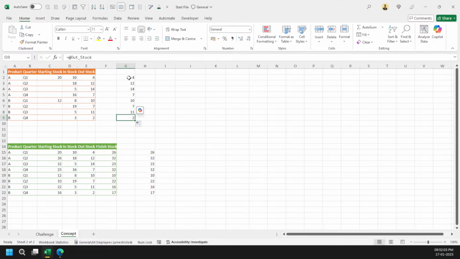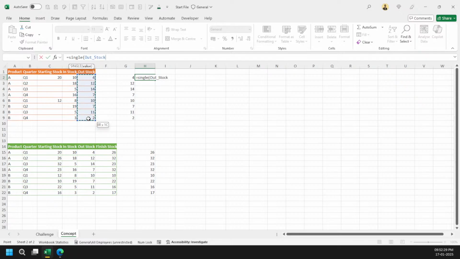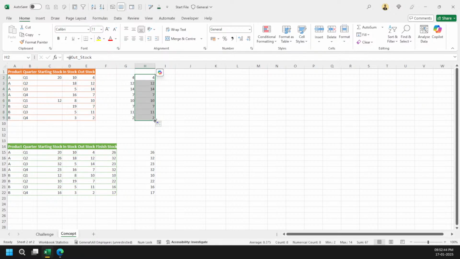And then what happened was, this is good to go. And then dynamic arrays came. And what people used to do here, there is another ghost function here. Okay, so you can write a single function and nothing will work out. But the moment you press here, this tiny thing will come into the picture. So it is saying there is a function behind the scenes. And the moment I am selecting everything here out of stock, you will see that I am working on the same thing. And Excel by default converts it into an @ function. Okay, so that's the beauty of it. So again, it will work the same way.